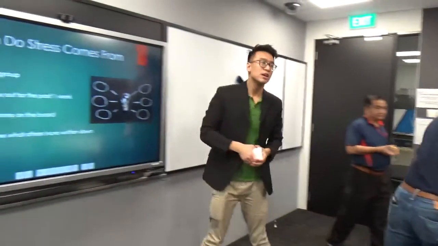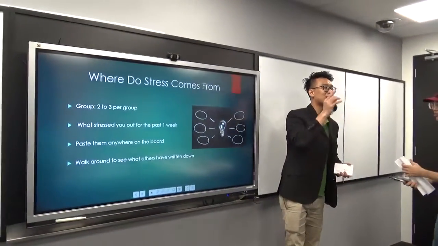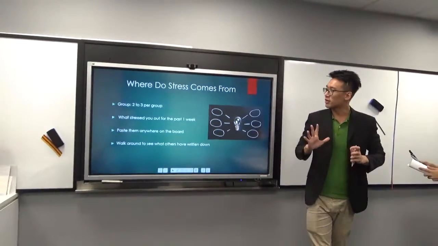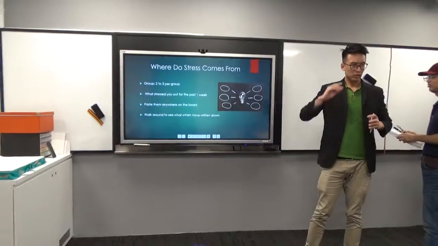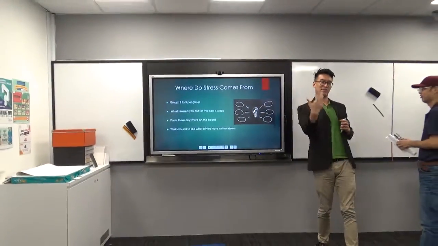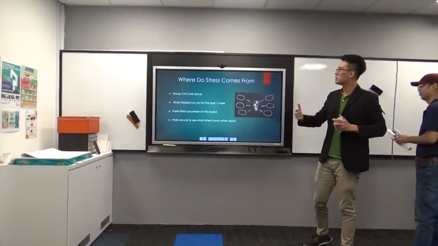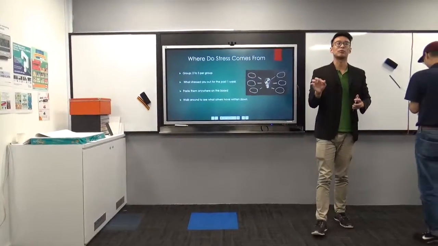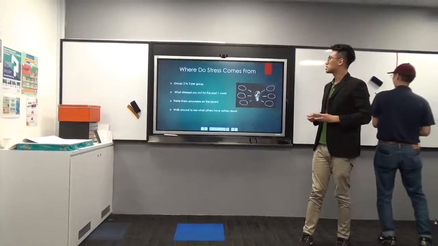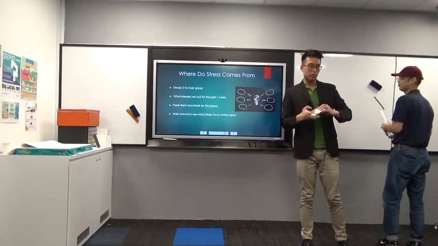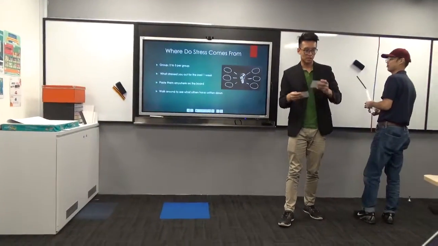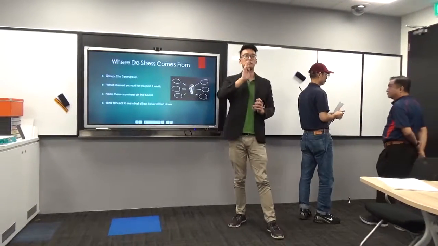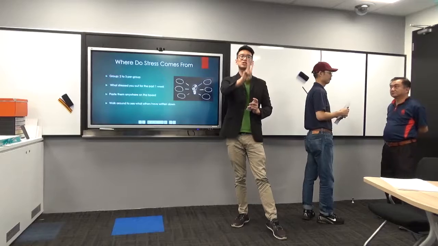Okay, so just now we went through what the events are that make you stressed out, right? What we are going to do for this activity is recall these events again and think about what has made you feel stressed out over the past 1 week. Just write a simple word. You don't have to write very long sentences. You can just write 1 word. We are going to do this activity for the first 2 minutes.